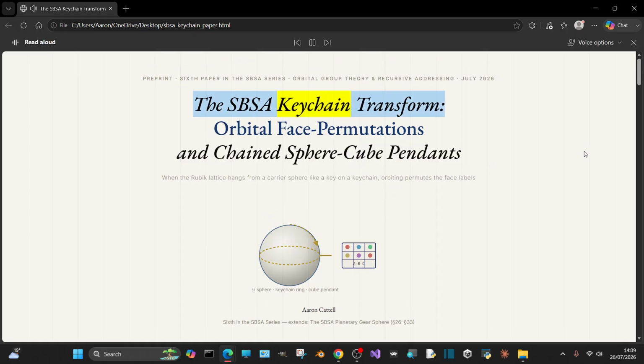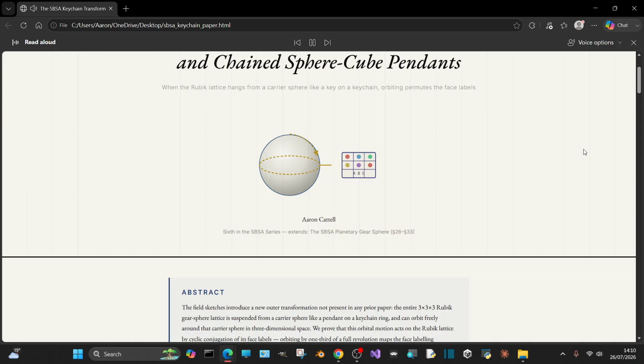The SBSA keychain transform, orbital face permutations, and chained sphere cube pendants. When the Rubik lattice hangs from a carrier sphere like a key on a keychain, orbiting permutes the face labels. ABC carrier sphere times keychain ring times cube pendant. Aaron Cattell. Sixth in the SBSA series, extends